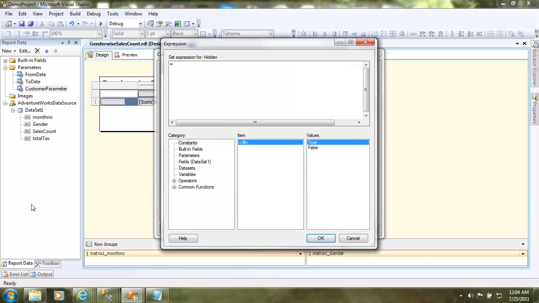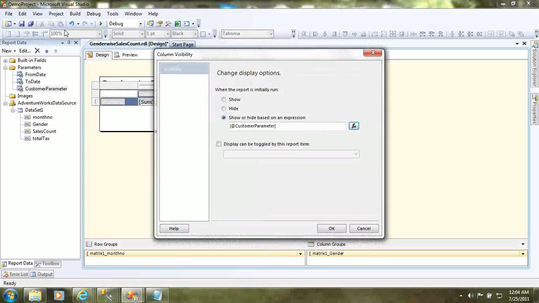fx, I'm taking the parameter, simple value of the parameter, custom parameter value. That means if the custom parameter value returned true, the column will get hidden, and if it returned false, the column will get visible. So now see,